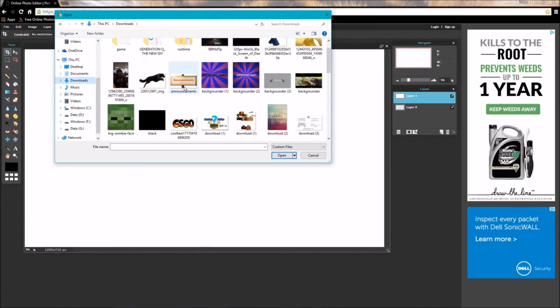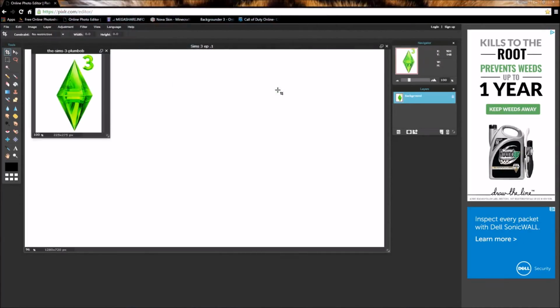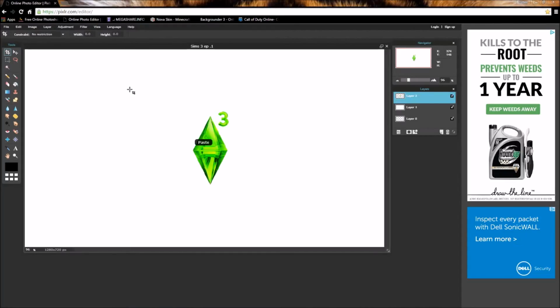And then I already have an image open, and it's right here. I know it's in downloads, and you can just find any image you want. This is the one I use, and I just open it up. I found this online. I just looked up The Sims 3. You can just hit Control A, Control C, tab into this one, hit Control V, and then what you're going to do, since most people have problems with resizing it and stuff,